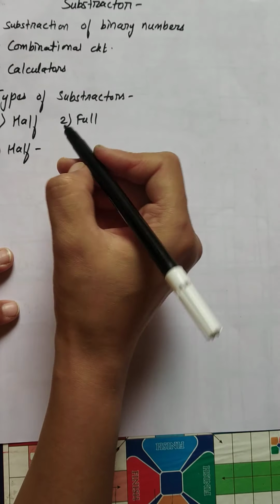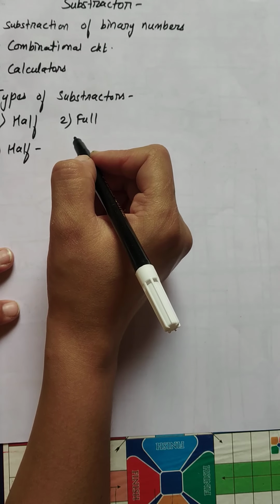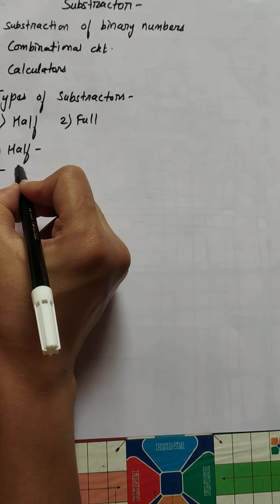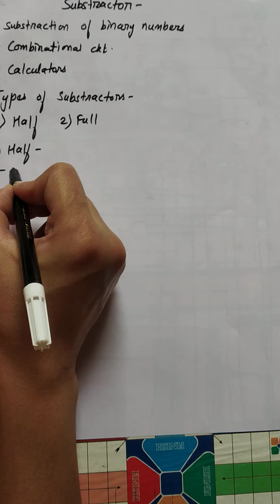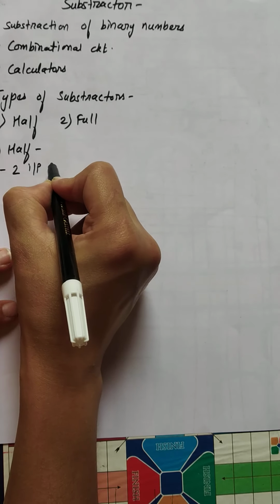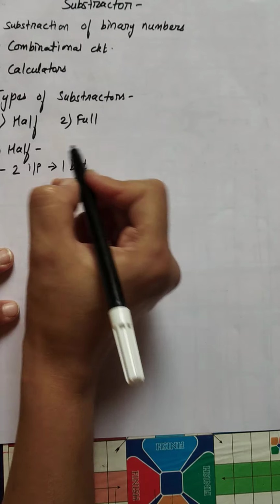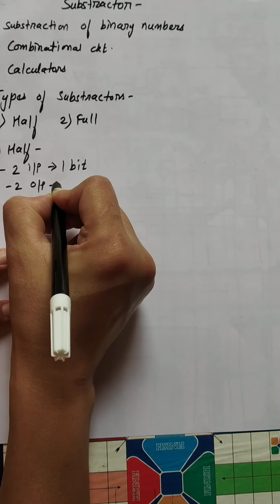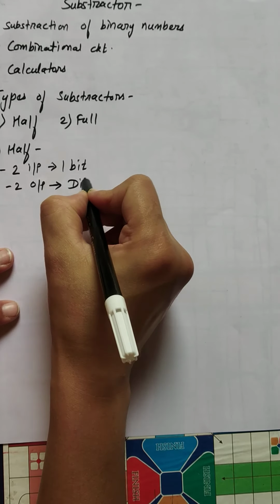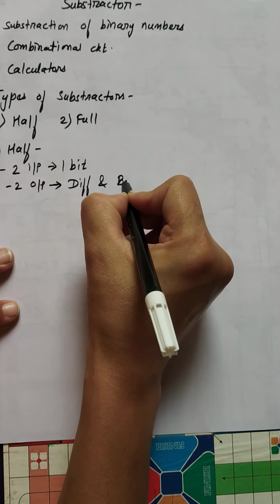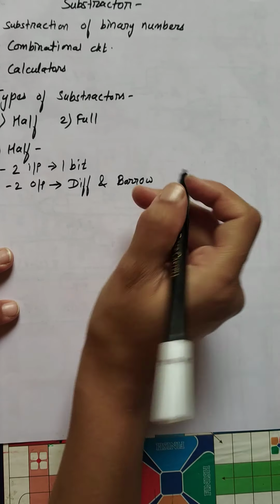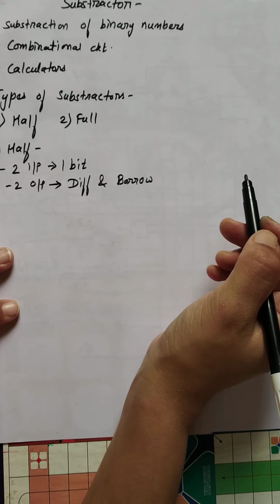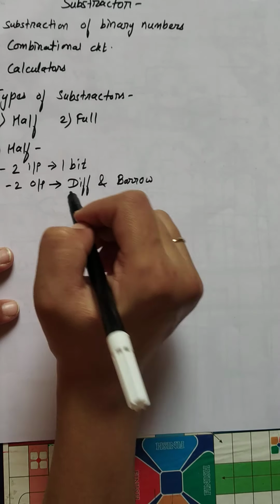If I want to perform subtraction of two binary numbers of one bit, right? Then we can perform that operation by using half subtractor. So in here we are having two inputs of one bit, right? And what is the output for this? There will be two outputs, that is difference and borrow. So this is what your half subtractor is. Here we are subtracting two binary numbers of one bit, and we are getting the output as difference and borrow.